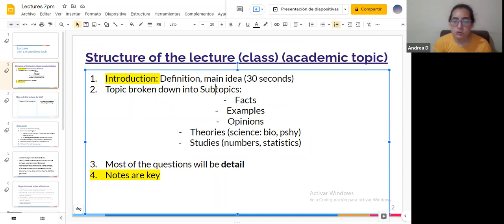And then the professor will very likely tell you how it's going to be organized. The professor is going to narrow this topic down into something a bit more specific. Maybe the professor could focus on the types of nuclear power, or the uses of nuclear power, or maybe the advantages or disadvantages of nuclear power. Or maybe the professor is in favor of this type of energy and is trying to convince you guys of that. So that's what you will have in the introduction.